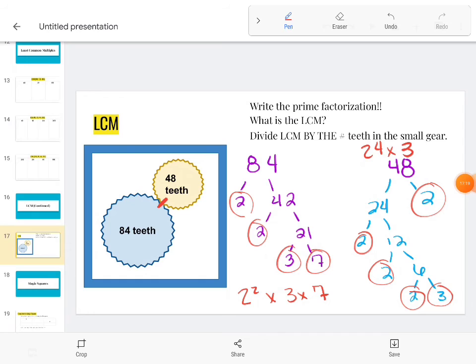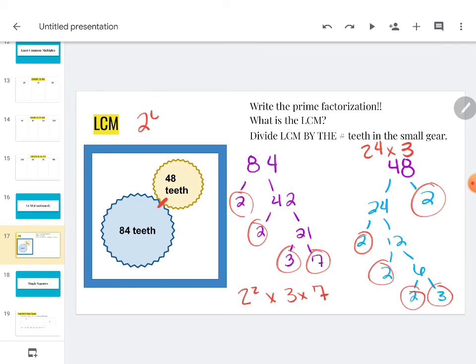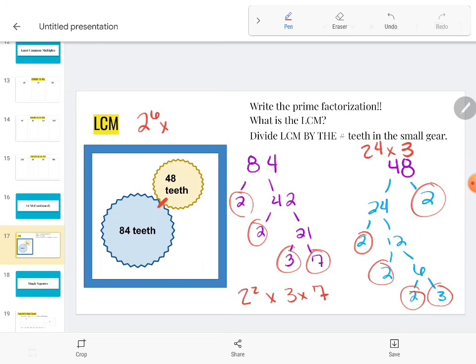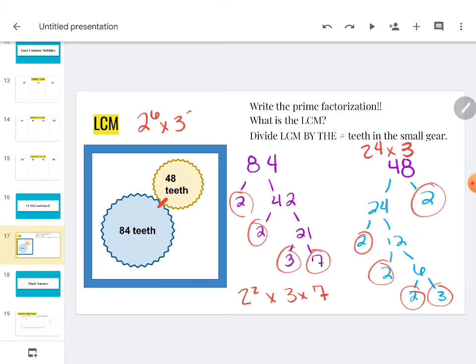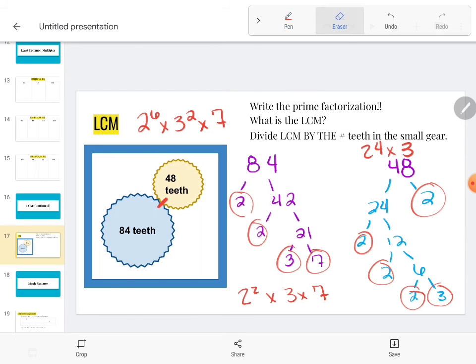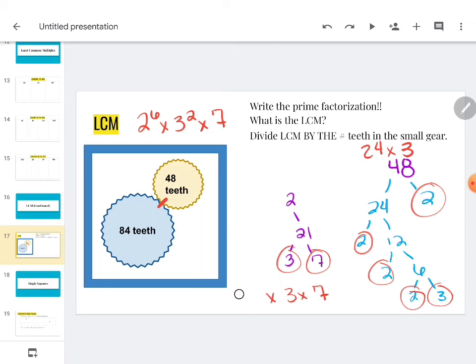If we look at what we have going on, we actually have 6 2's altogether because 4 plus 2 is 6. So 2 to the 6th power times, we have 2 3's, so it'll be 3 to the 2nd power times 7. Well, now that we have our final problem, our least common multiple, figured out,